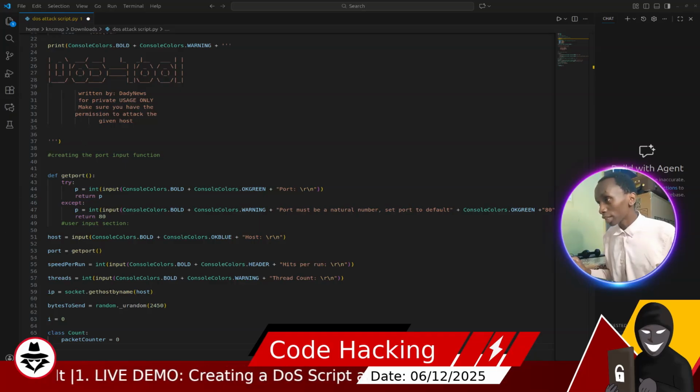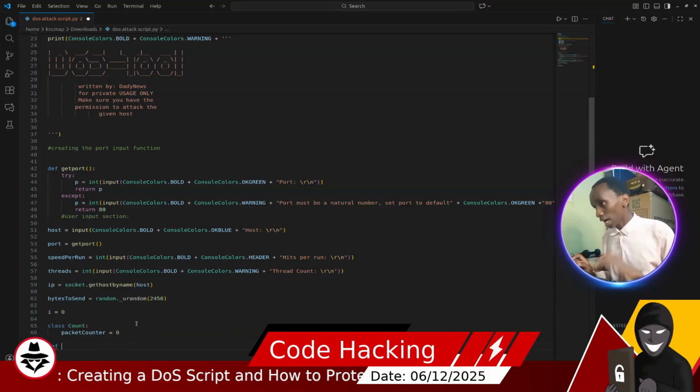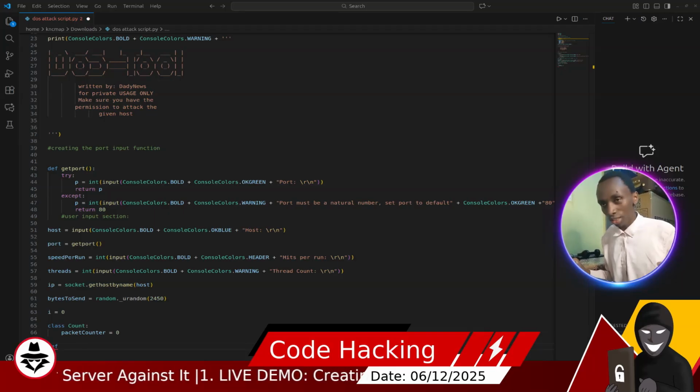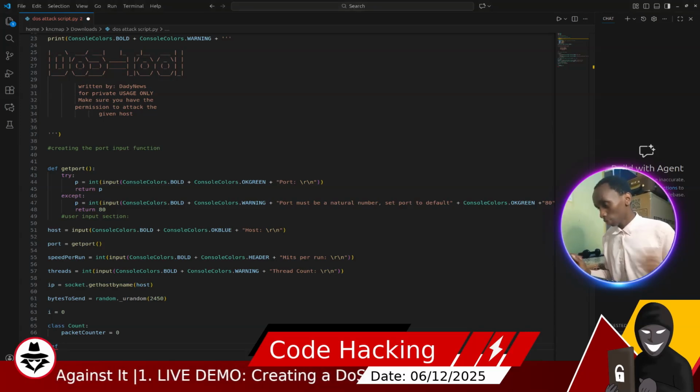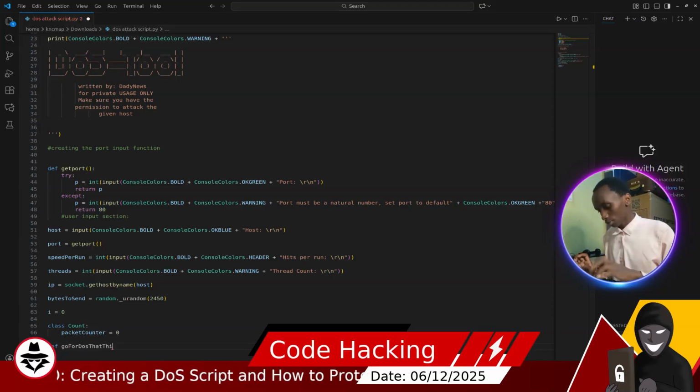So now let's create the main function. We shall say def, because this is how we define a function. Then we shall use a fancy name. What I'm thinking is that we can go for DoS attack thing. So you can say go for DoS attack thing,